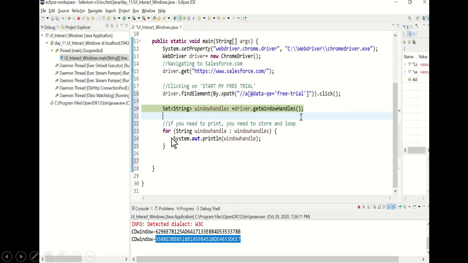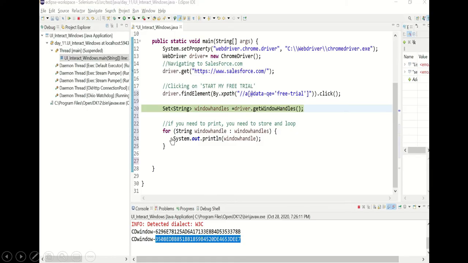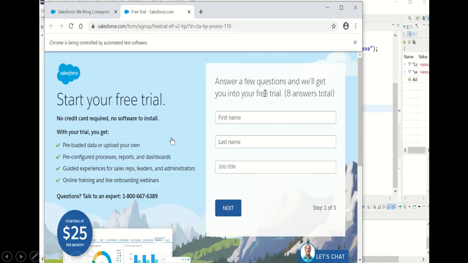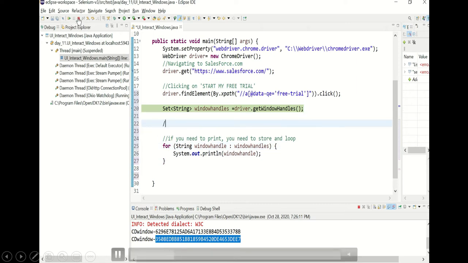Okay, so let's see. We have the script already open and the session is live. You see there are two windows opened by this session because this session is still active. Okay, so now to get the count,